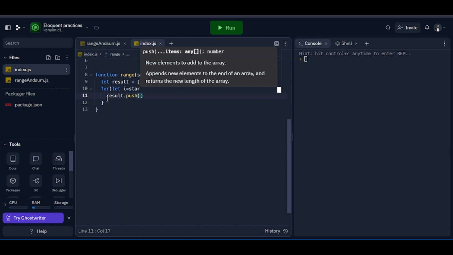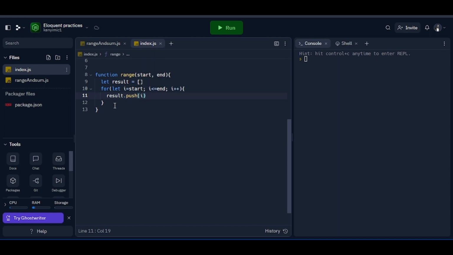It is really important for you to understand those built-in functions in order to deal with, let me say, a lot of computation when it comes to JavaScript. So we're just going to say I like this now. Whenever the loop runs, it has to push those numbers exactly to our new array, so to speak, which we have created up here called result. So we'll just come down and return result,